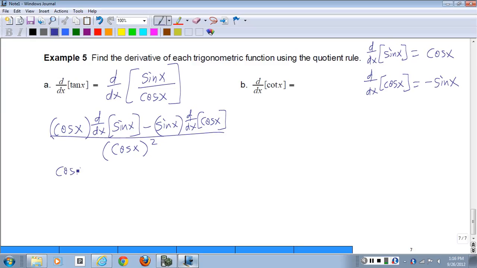So we get cosine x times negative cosine x minus sine x times,